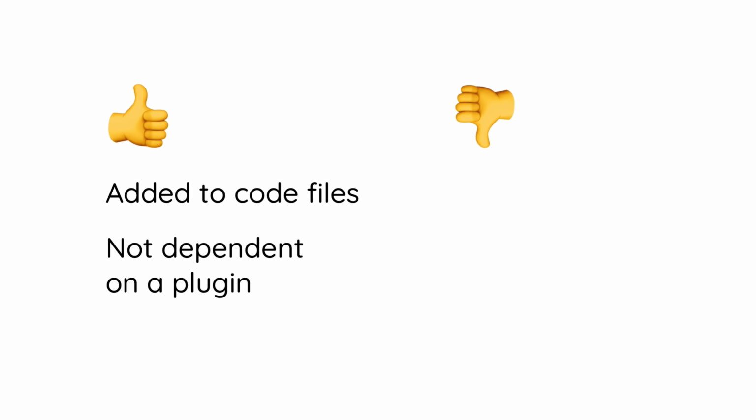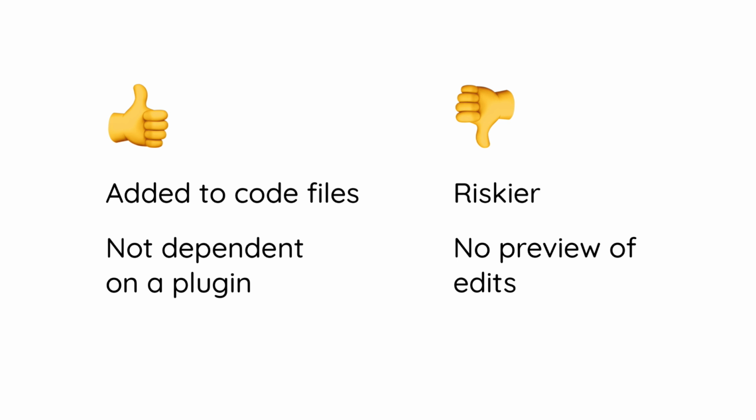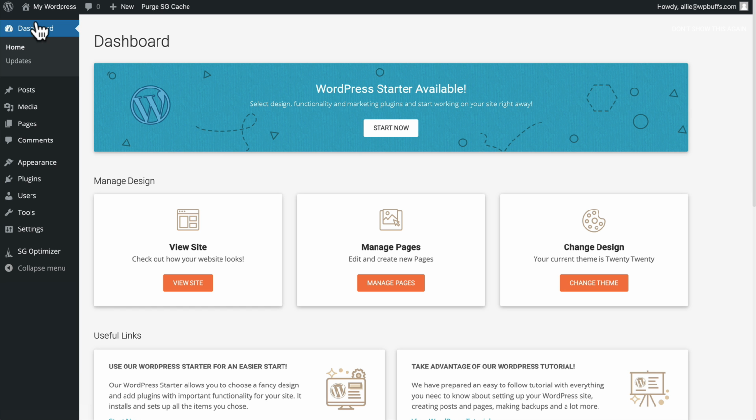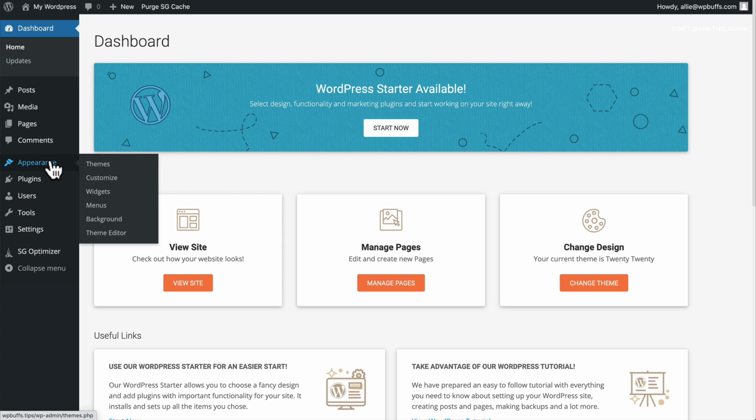However, this method can be a little bit more risky. There is no preview to show what you're doing, so when you save it, that's really it. Definitely make sure that you take the safety precautions that I mentioned from the beginning of this video before trying this method. To get to the WordPress code editor, start from the dashboard, select Appearance, and then the Theme Editor